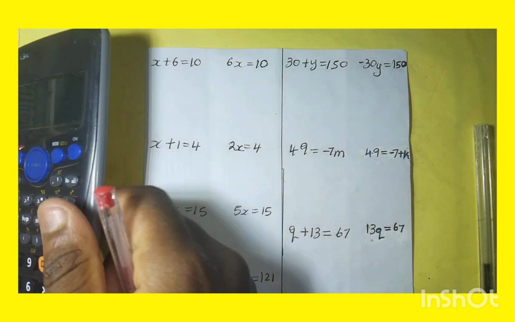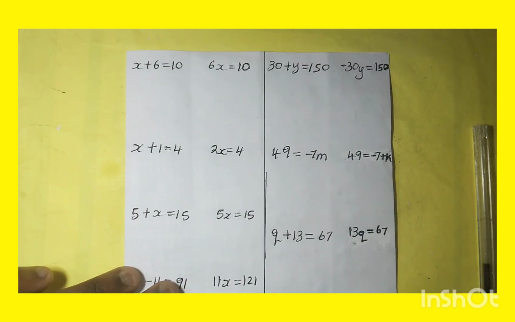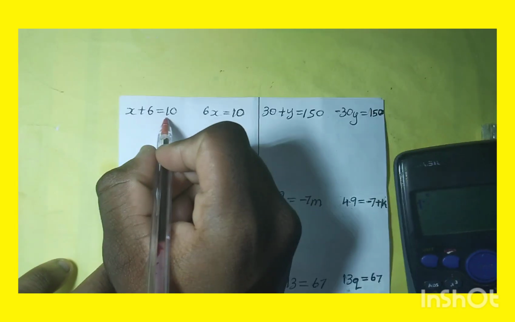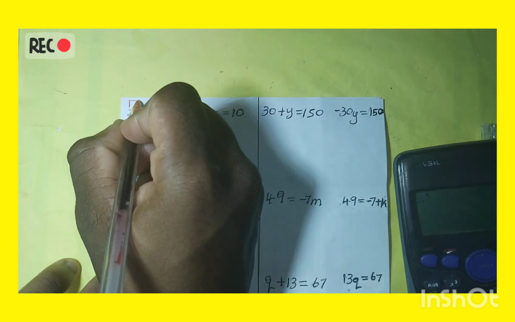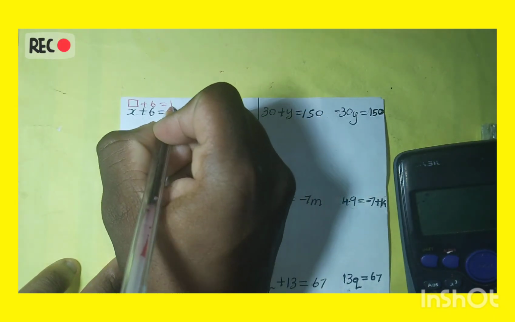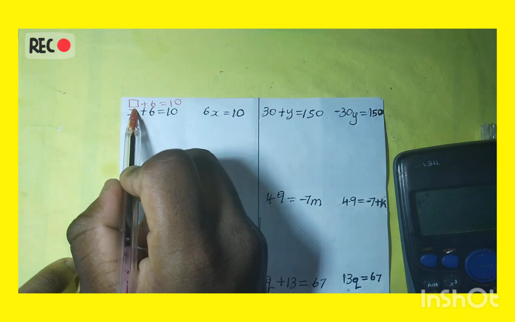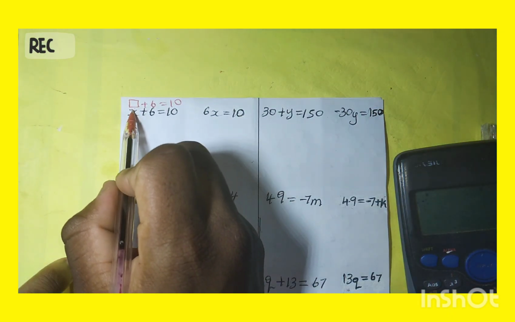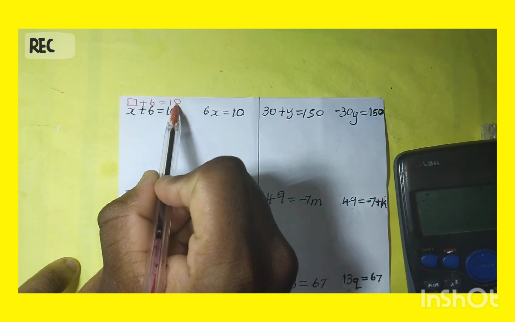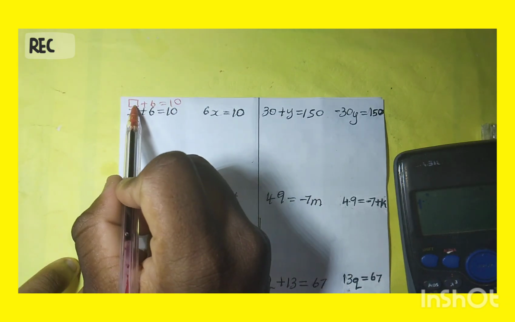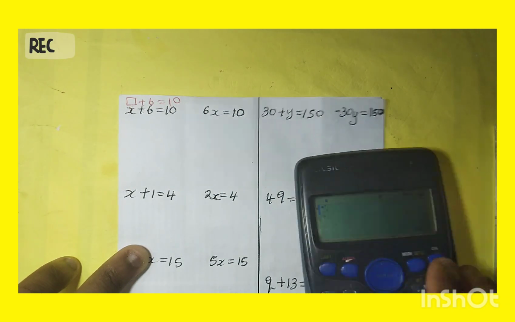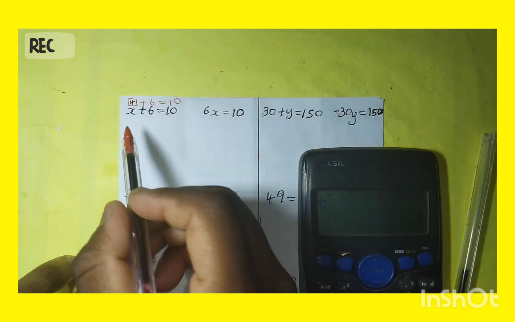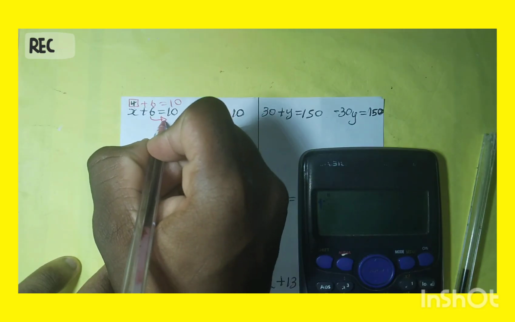Come across one of these questions in a test, how will you solve them? These questions, guys, are straightforward. This is what you should understand: here we take that x as if it is a box. What number are we supposed to have there, in order that when we add 6, we should get 10? We know the number that's supposed to be there is 4. But now, for you to solve for x, you just transpose this to the other side,